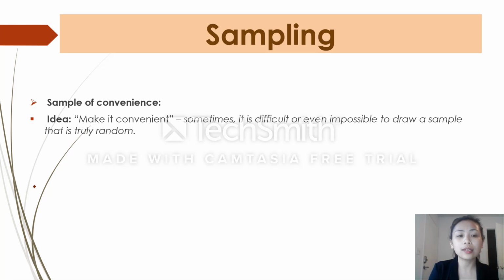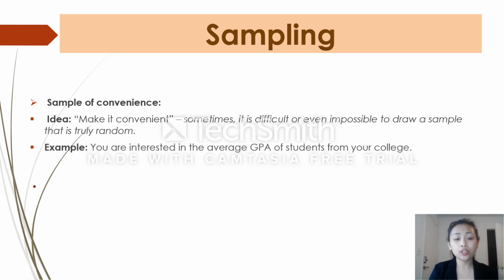So the idea of a sample of convenience is basically to make it convenient. Let's look at this example. Suppose you are interested in the average GPA of students from your college. If you want to collect a simple random sample, what you have to do is use your computer, generate a list of 100 students from the list of student IDs, and then go to these 100 students to collect their GPA. However, sometimes it's really hard to